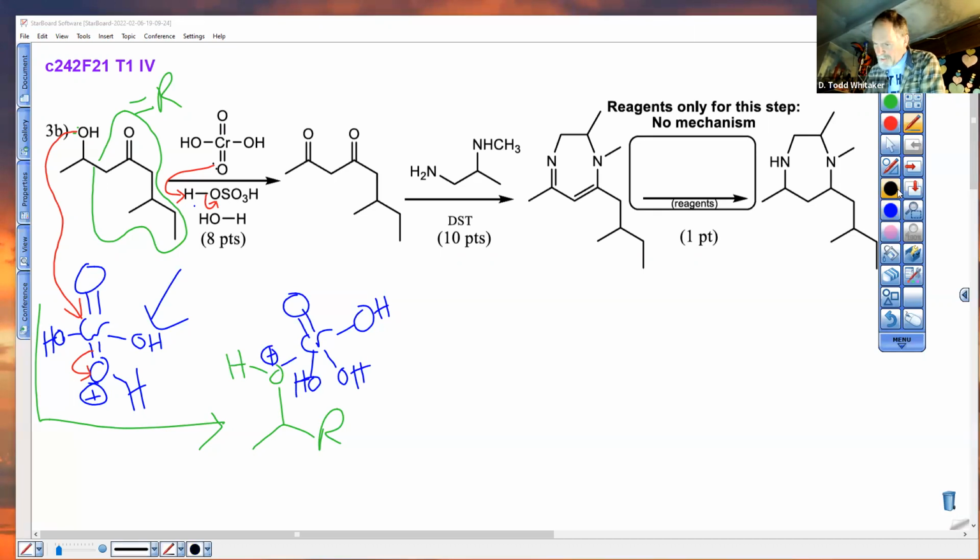And we generated a sulfate ion in this first step, HO3SO minus. And we're deprotonating an oxonium, leading to this intermediate,